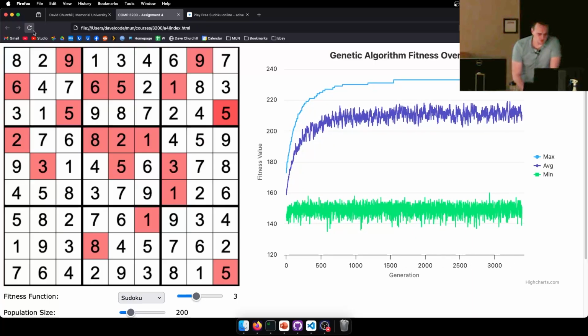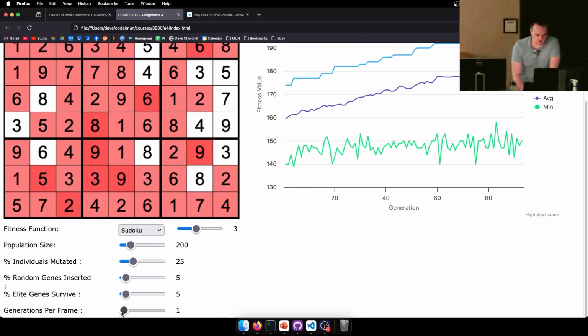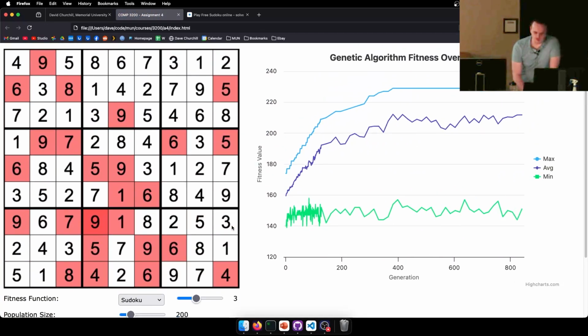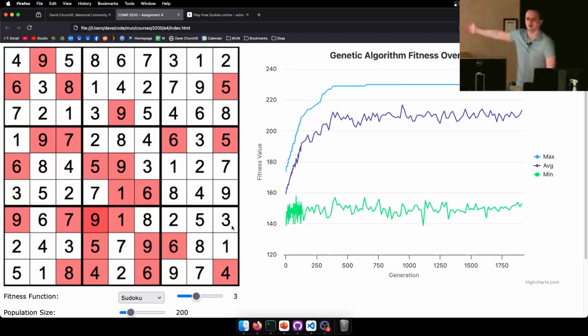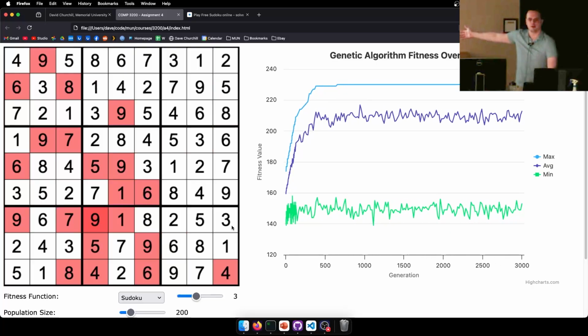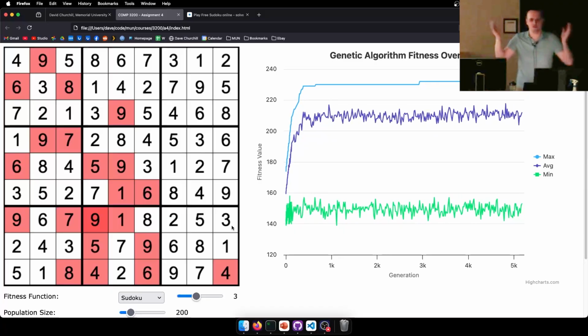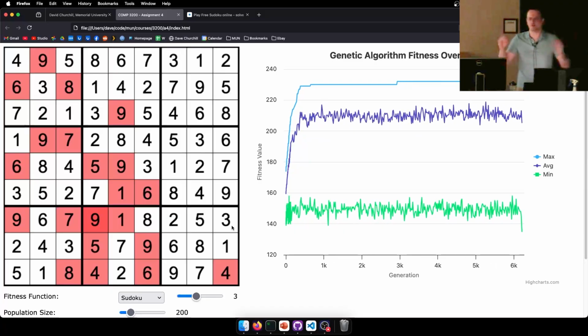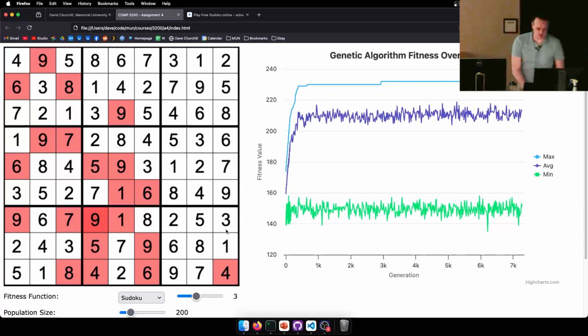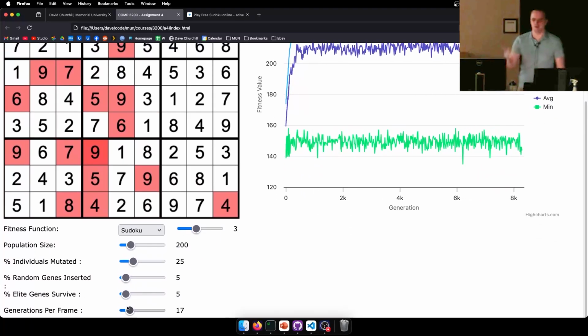But if I refresh this and I come down here and I bump this up a little bit to 17, now it's 17 times 60 per second, right? Now that's not guaranteed because your computer might not be able to do 1,000 generations per second or whatever you set this to, but that option is there if you want it, to come down here and bump up the